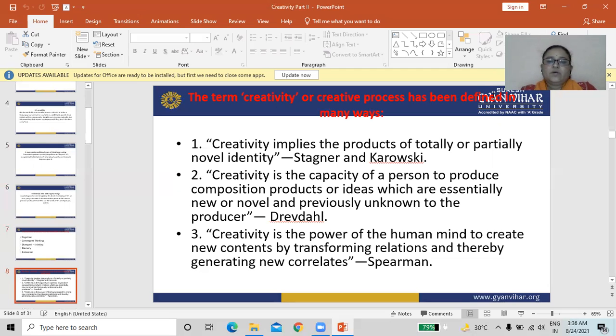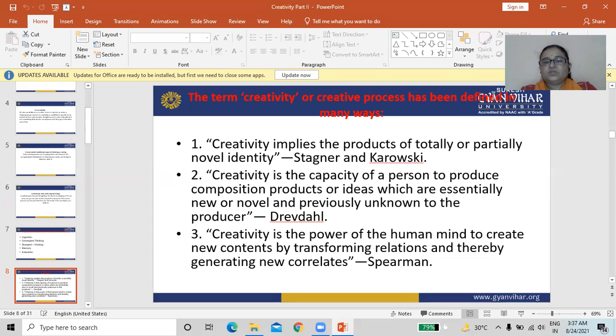First, according to Stranger and Korowski, creativity implies the products of totally or partially new identity.